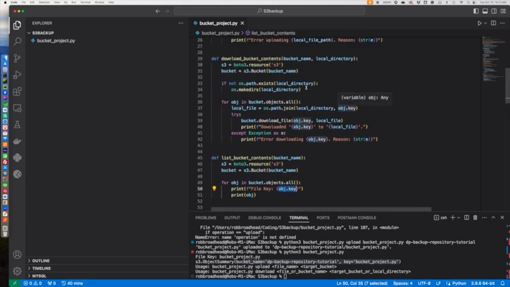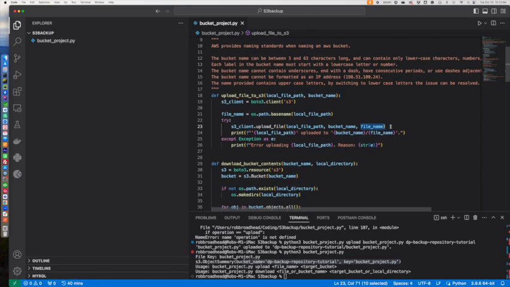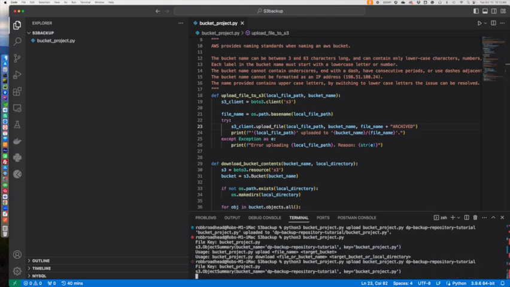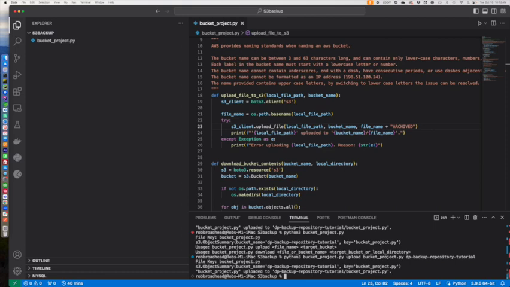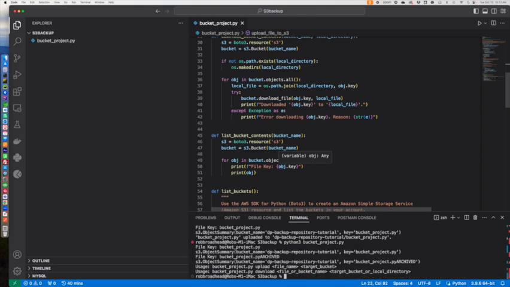But here, when we do our, oops, that's downloaded. When we upload, we're just using that file name. So if we wanted to do something more complicated, like let's say file name plus, let's call it, archived. If we do that, and now we save our file, then if we run it, oh, did I run? Oh, I did. Yeah, so now if we run just this, we're going to see that here,